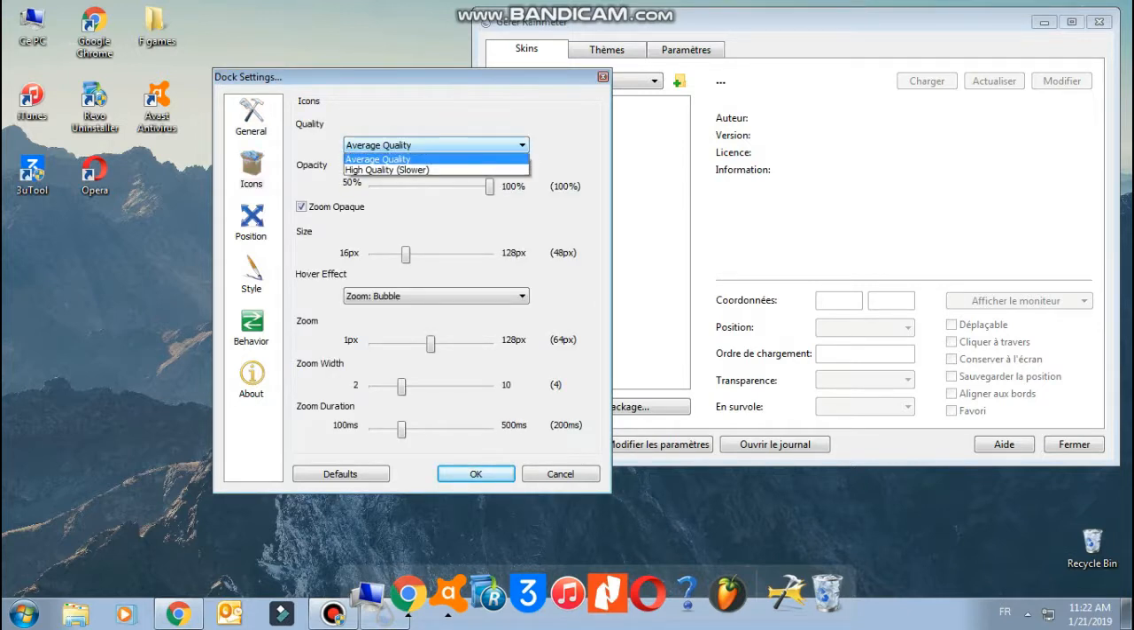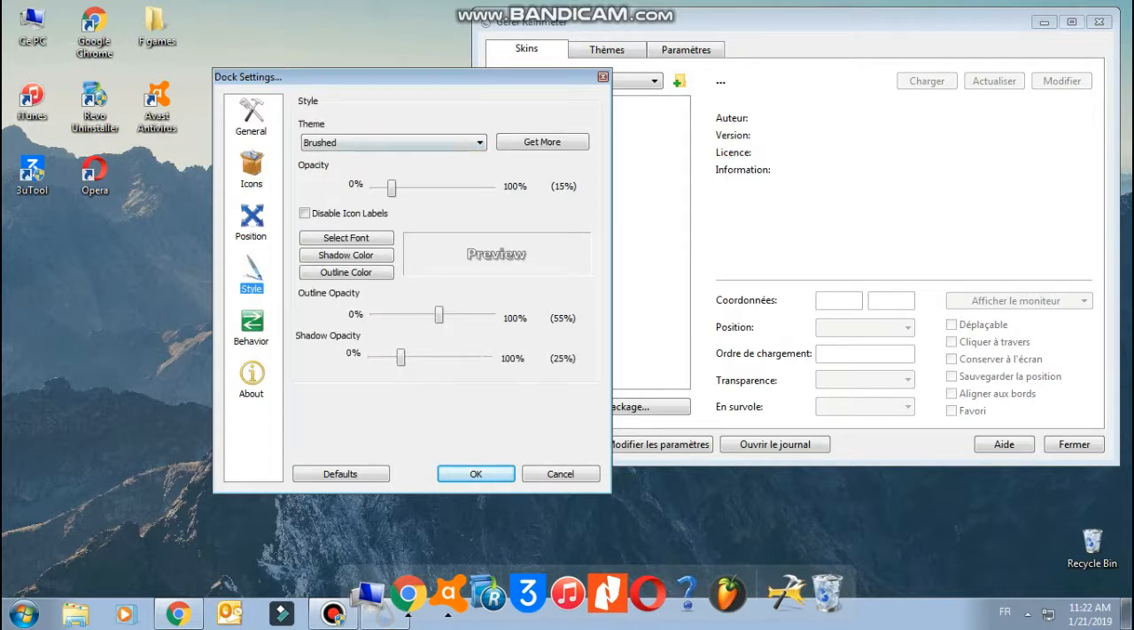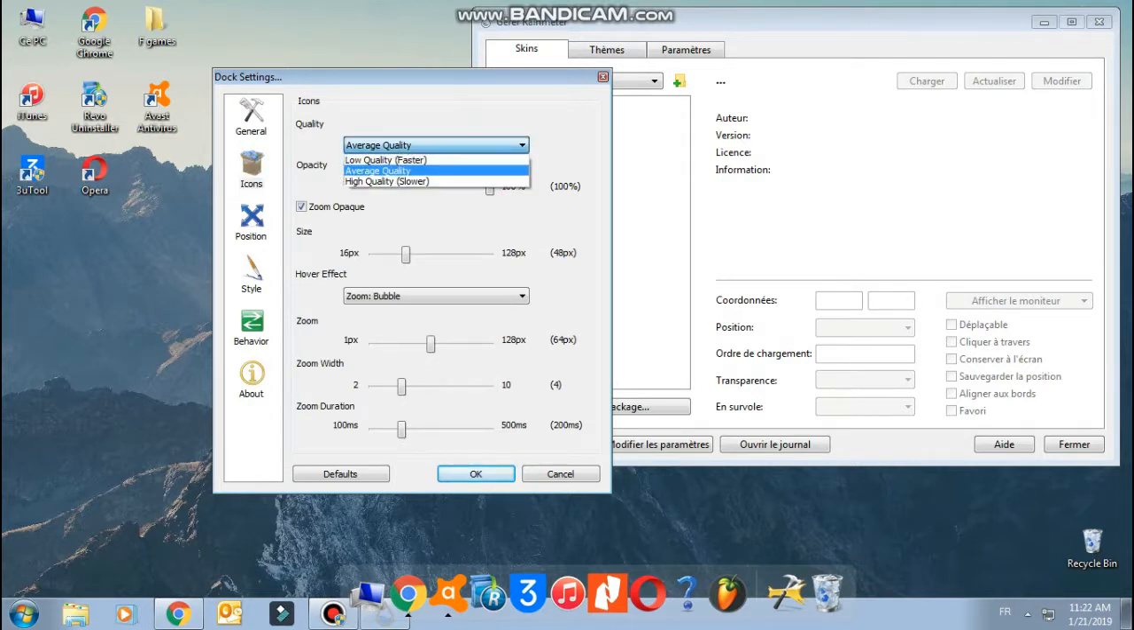You can download the Windows 10 edition one, if you want. Anyways, here you can make it low quality, it's faster, the PC is going to be faster. Average quality is normal, and high quality is going to be so slow. Well, if you want to make it cool, you just